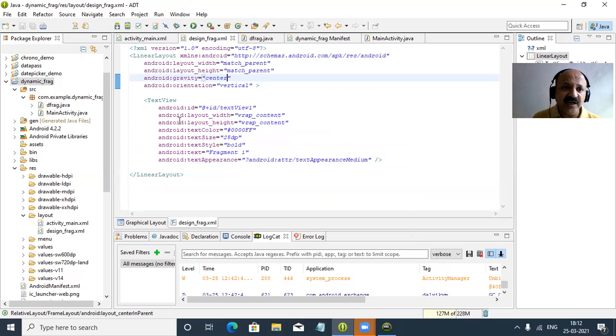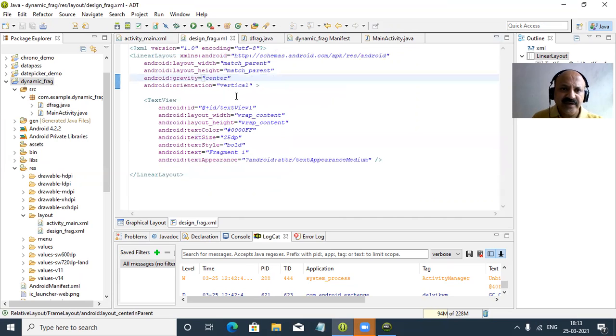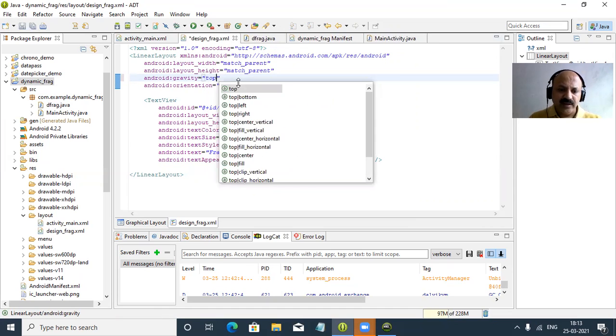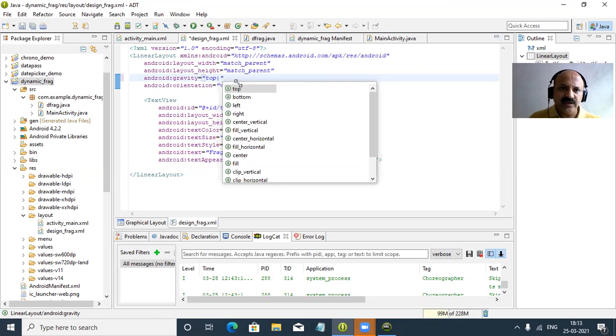So that is a linear layout, and that text view is centered. But after attaching it in our main activity, it is not taking center because that is a frame layout. So that is better. We can take our main frame layout, and here we can take center or top center. So top and then center. So yes, by default that is top and then center.